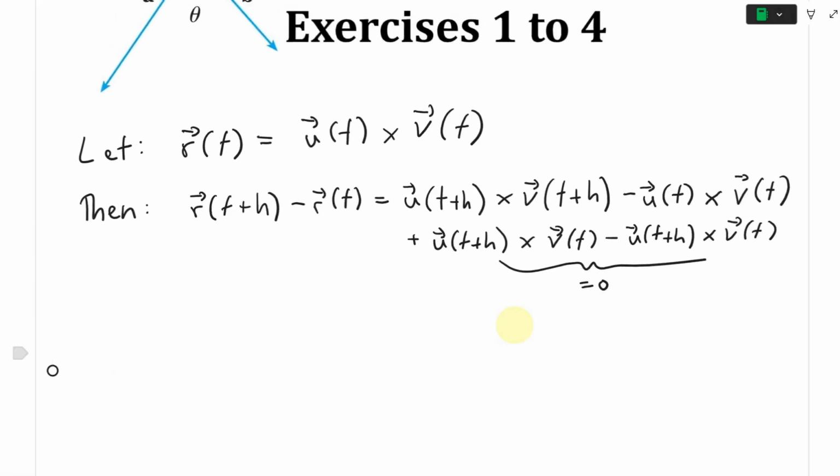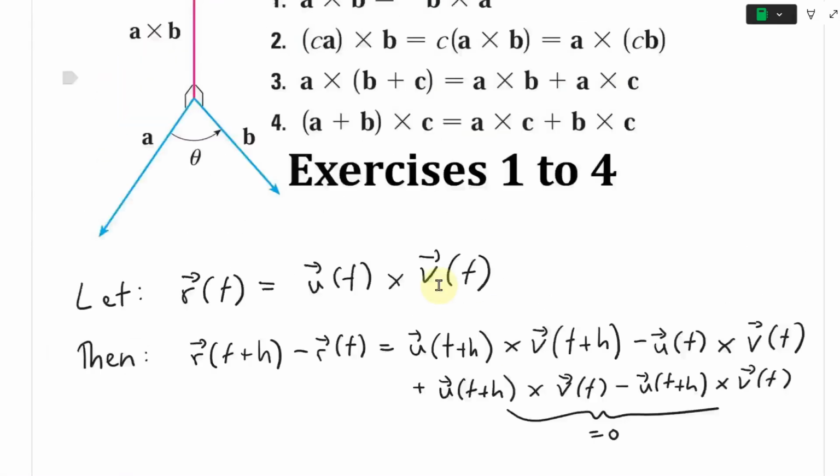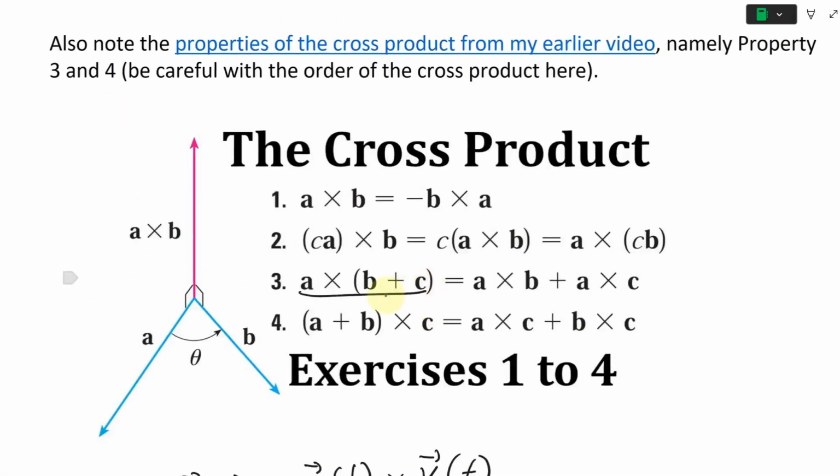So we don't need to put a bracket, but we just added this separately, just so that now we could do some tinkering. And now is where we can apply property 3 and 4. So here's 3 and 4. So if we have this, but now we're going to go with the reverse actually. So if we have A cross B plus A cross C,